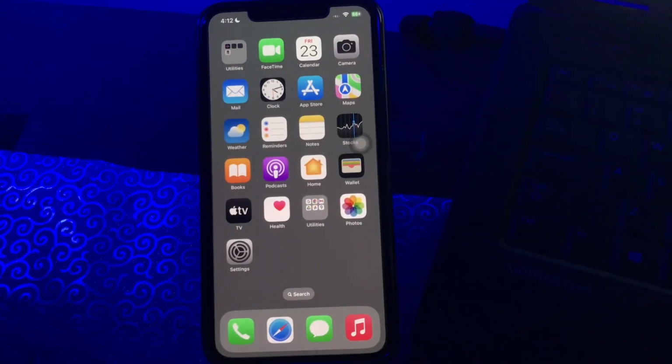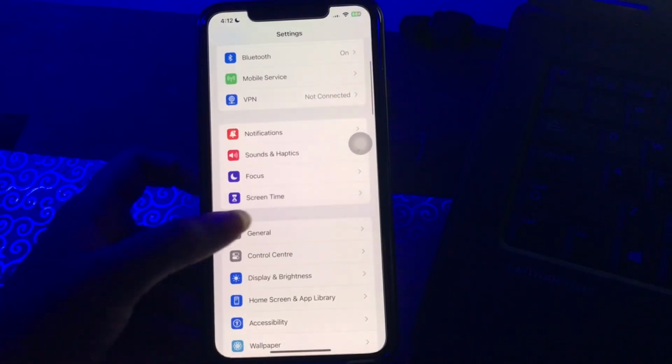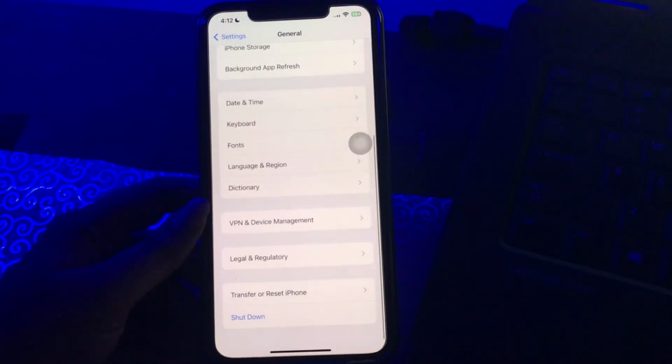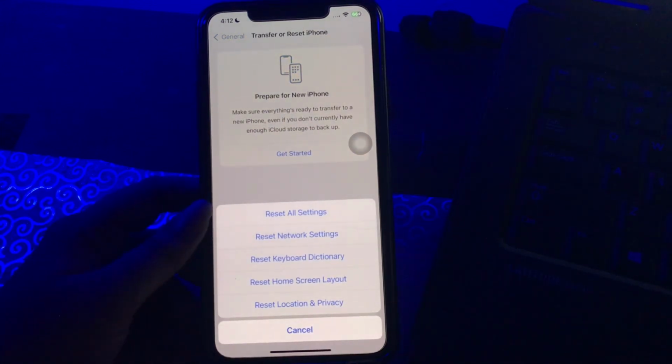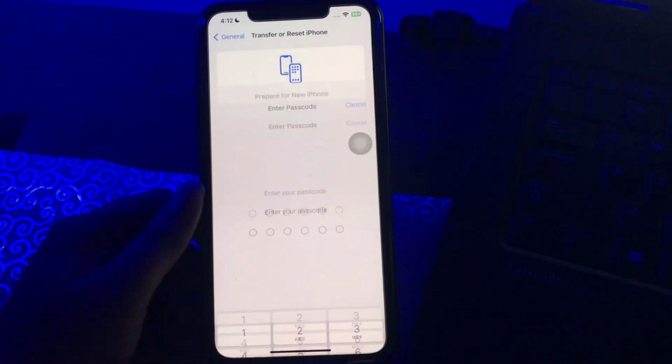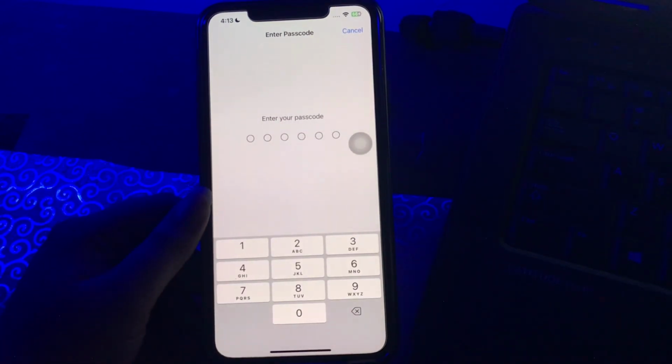And the next step is reset all settings on your iPhone even after trying all the fixes. If you are not able to resolve this issue, then you need to reset all the settings on your iPhone. This will ensure that all the settings are reset to their default values, and the issue would be easily fixed on your iPhone. For this, launch the settings app. Scroll down and then tap on general, scroll down to the bottom and then tap on transfer or reset iPhone and then tap on reset. Here you will see the option of reset all settings on your iPhone. Tap on it. It will require your passcode, so enter your passcode and follow the on-screen instruction to reset all the settings on your iPhone, and you are done.